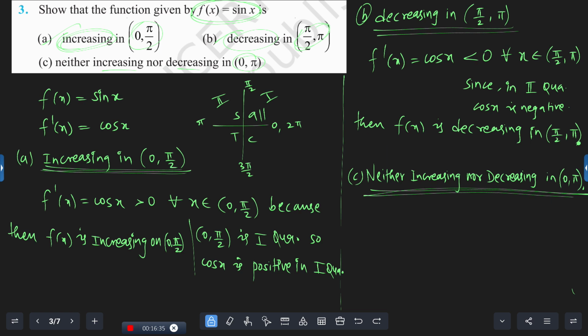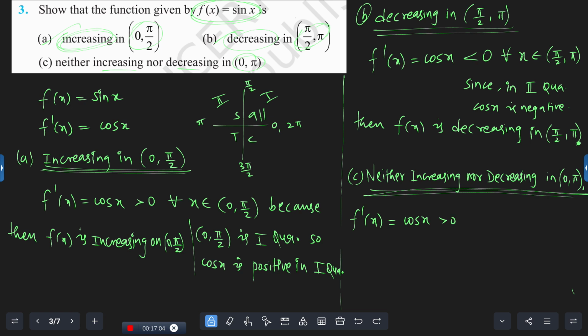In one interval the function is increasing and decreasing, so we have to say neither increasing nor decreasing. So f dash of x, which is equal to cos x, is not less than 0 and not greater than 0, because the function is increasing as well as decreasing. It means you can write